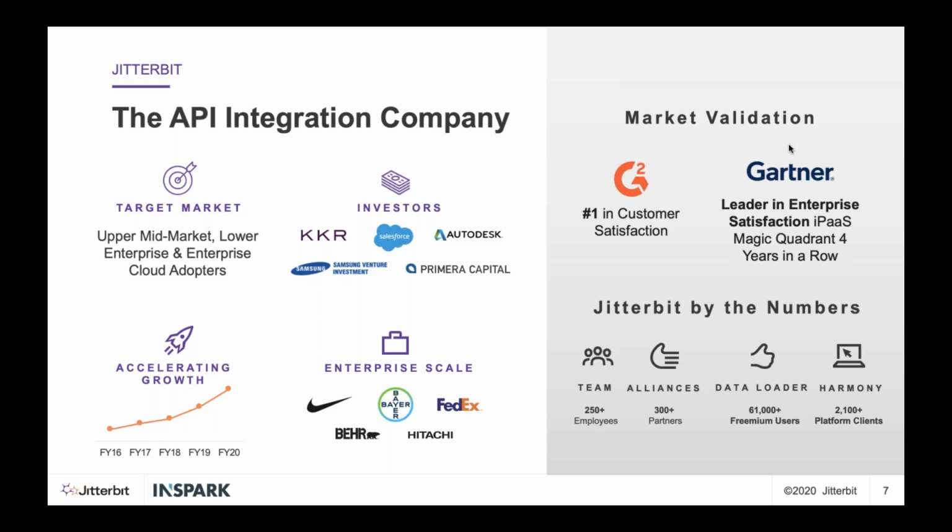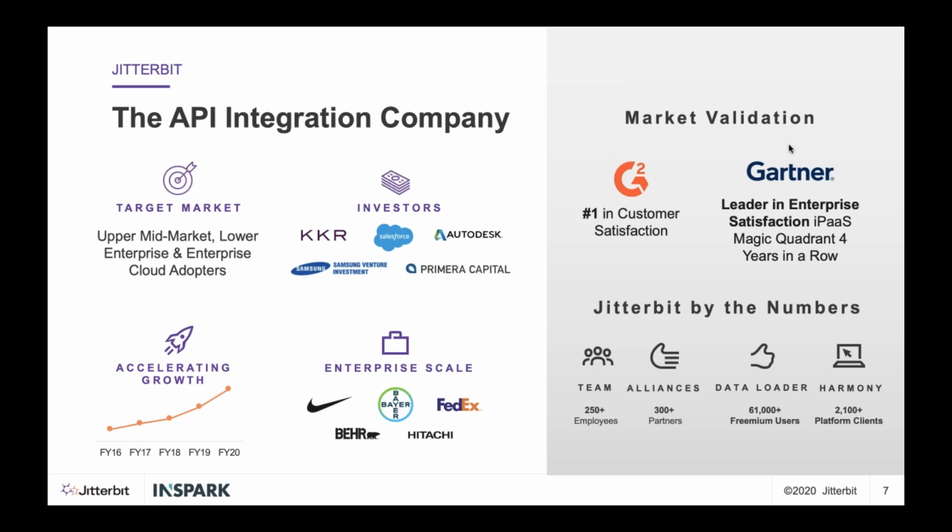We're also reaching enterprise scale, and that means that we truly have some customers using us now to connect hundreds of applications, right? And they're really using us in the most critical parts of the business, supply chain, etc. So that's really happening, and we're seeing more and more of that.